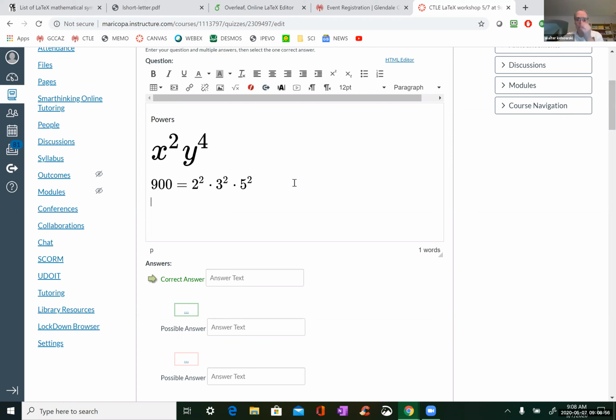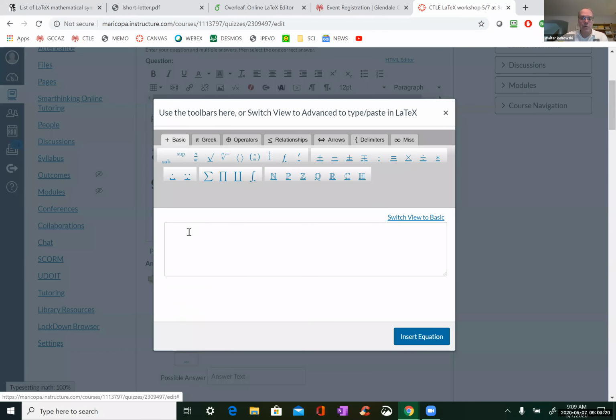Now, the next thing you might want to do, like if you're teaching, is suppose you have a group. Oh, I need to click the little square root thing. Okay, so suppose you want to do something like this: x squared y to the fourth, and then to the fifth power. Okay, now that looks okay.